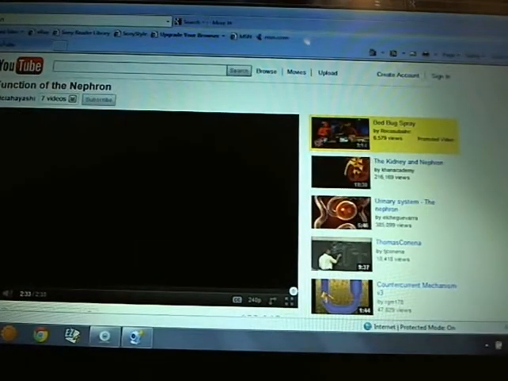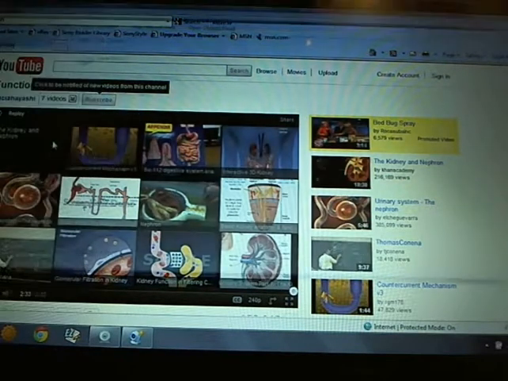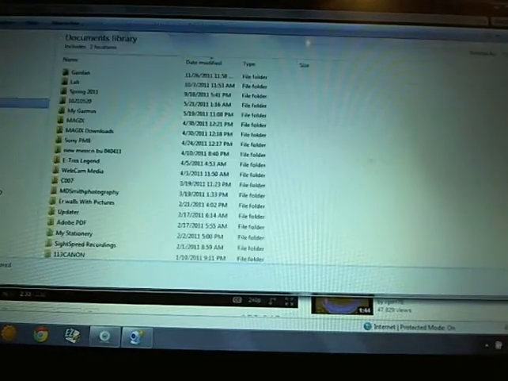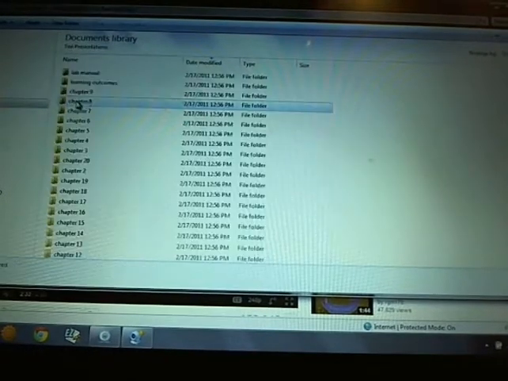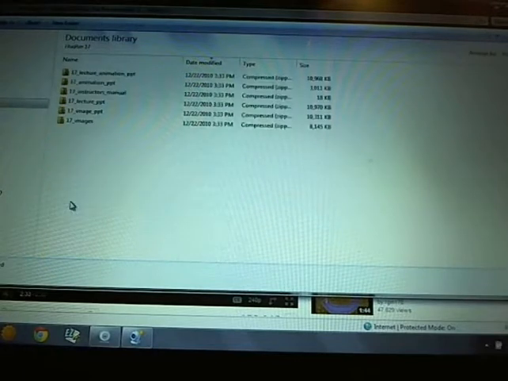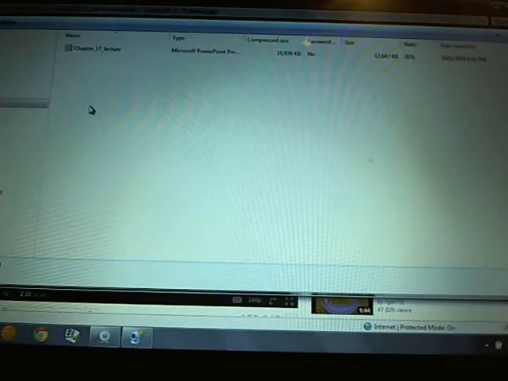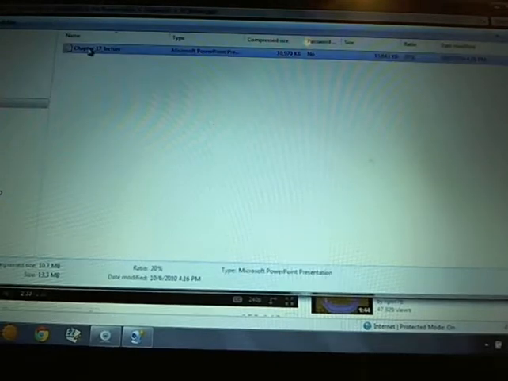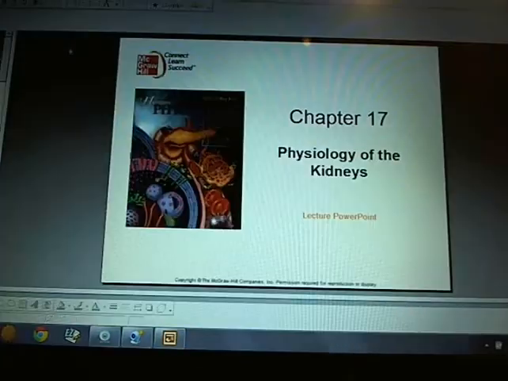Okay, going on, let me get back into the chapter. So you've seen the structure of the kidney, the structure of the urinary system. Hang on 1 second here. Eventually this will come up. So